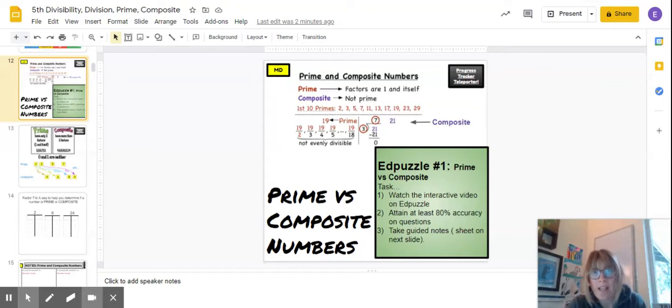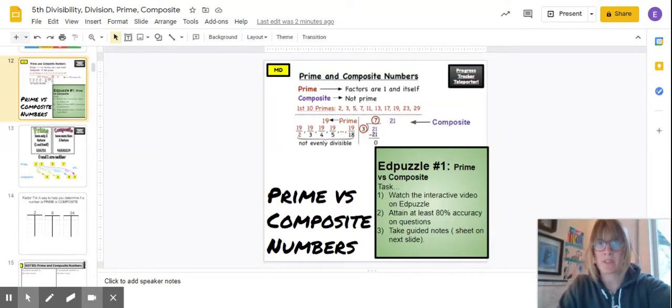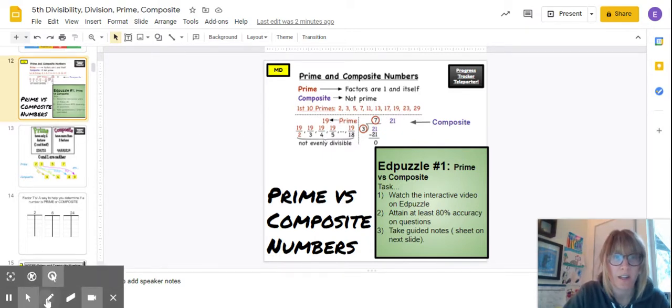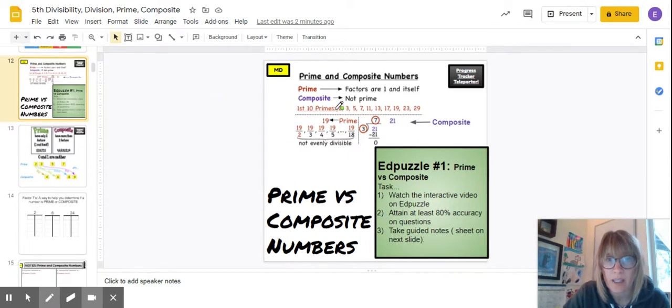So when we think about prime numbers and composite numbers, these are terms that essentially tell you about the factors inside of a number. So if you are looking at a number, like say you're looking at the number 19 here, when we look at 19, we call it prime because its only factors are 1 and itself, meaning the only way to divide it in an evenly divisible way is